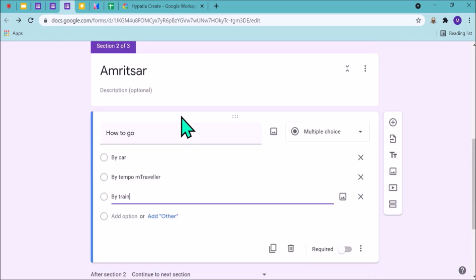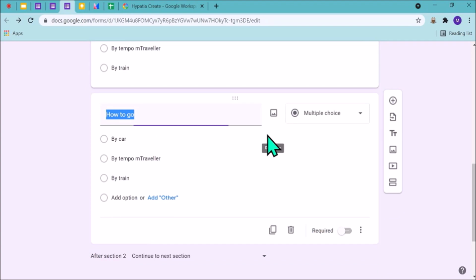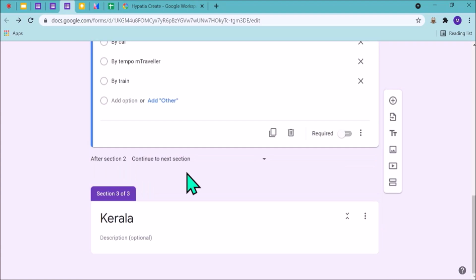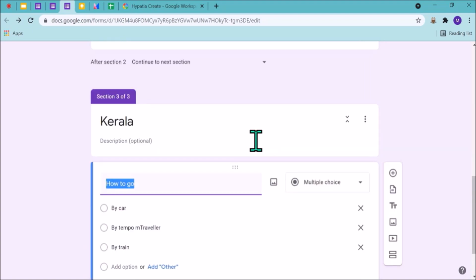And suppose again I want to repeat such question for this. I'm just duplicating it. I am bringing it down with Kerala. I am changing its option. It is misbehaving right now. Let me just check. Yes.